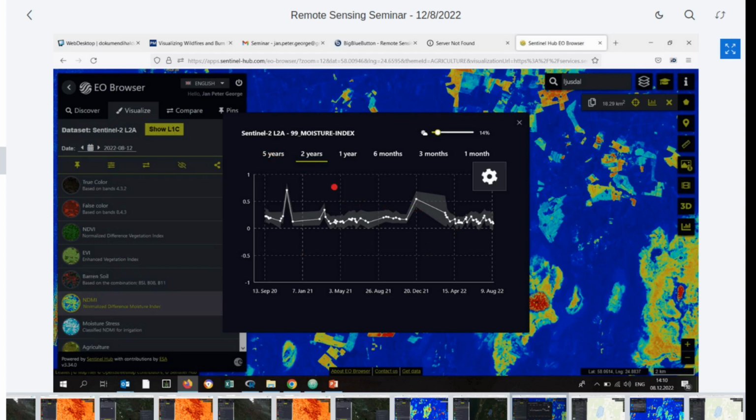Okay. And this hasn't finished, normally, because I hadn't time to wait until it has finished. Usually when it has finished, a small button will pop up here that says export as CSV. So you can export this as a CSV file if you want to manipulate the graph or leave out some months. For instance, if you want only the vegetation period or whatever, then you can manipulate this data set further in Excel, for instance. Okay.